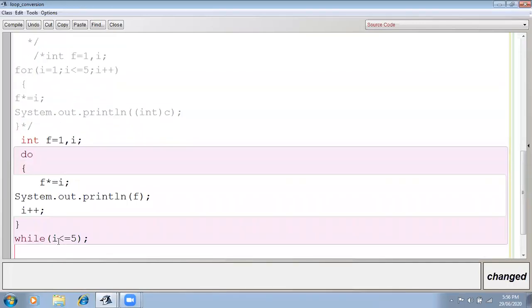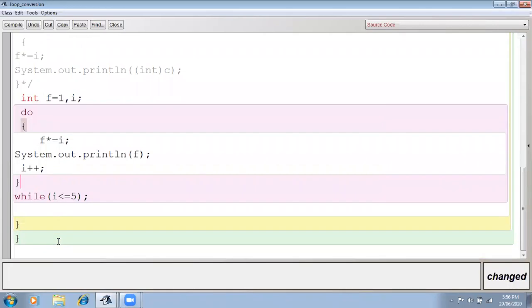Okay, fine. Understood? How to convert? i equals to 1. Here i is nothing, we initialize nothing. One thing I can do: for i equals to 1.